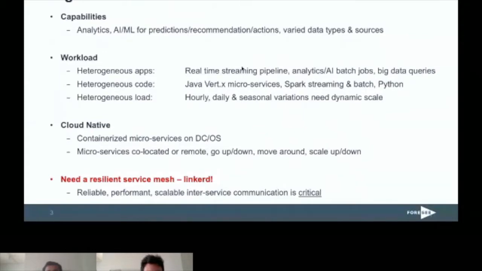It shines for us. It's the thing that ties our entire platform together. It's the thing that makes sure that everything is always running, and we don't have to worry about the connectivity between services at all. That was the main reason why Linkerd is really a success for us